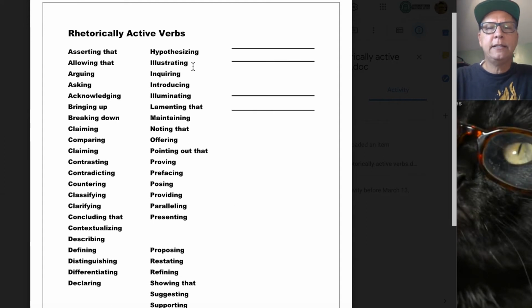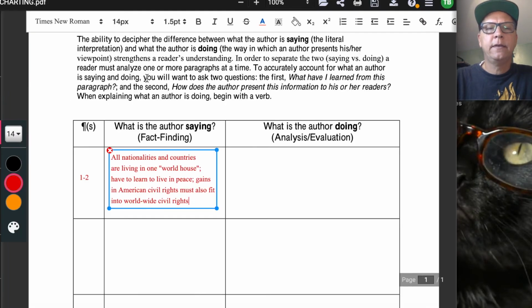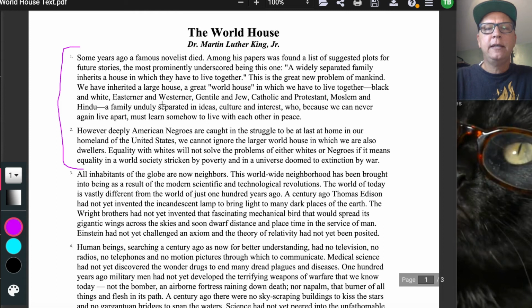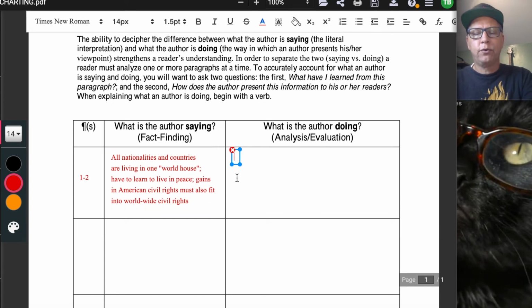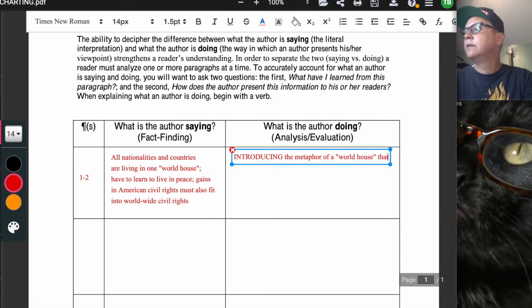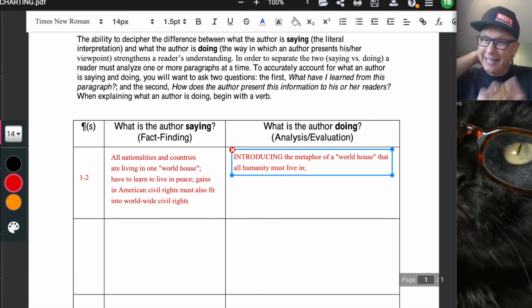And so when I look into this passage here, I'm going to start off with this word introducing. Because what is he doing here in the first two paragraphs? Well, first of all, he's introducing a metaphor. Right? So I'm going to start with my rhetorically active verb, introducing, okay, the metaphor of a world house that all humanity must live in. And I've kind of captured the first paragraph there, but again, I'm not going to neglect the second paragraph as